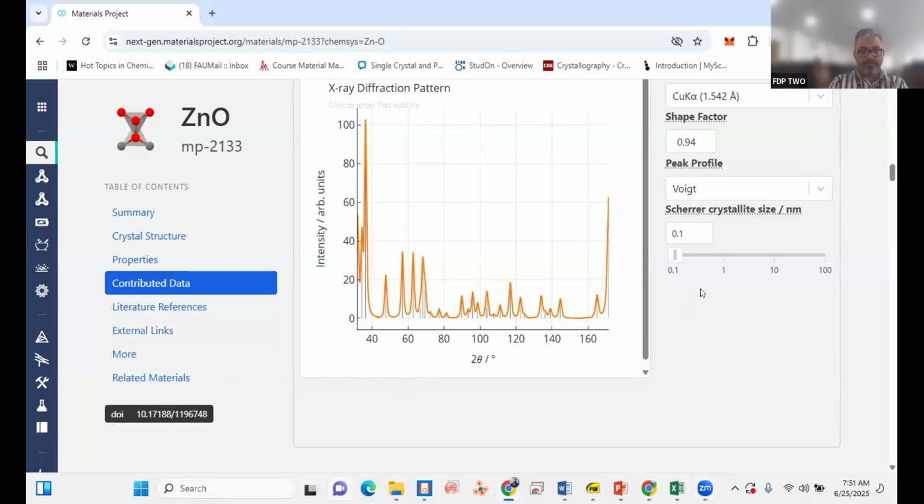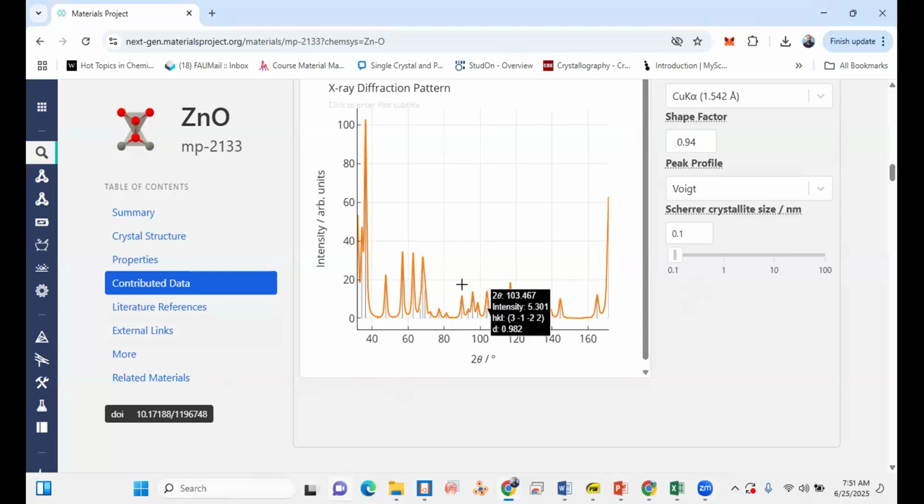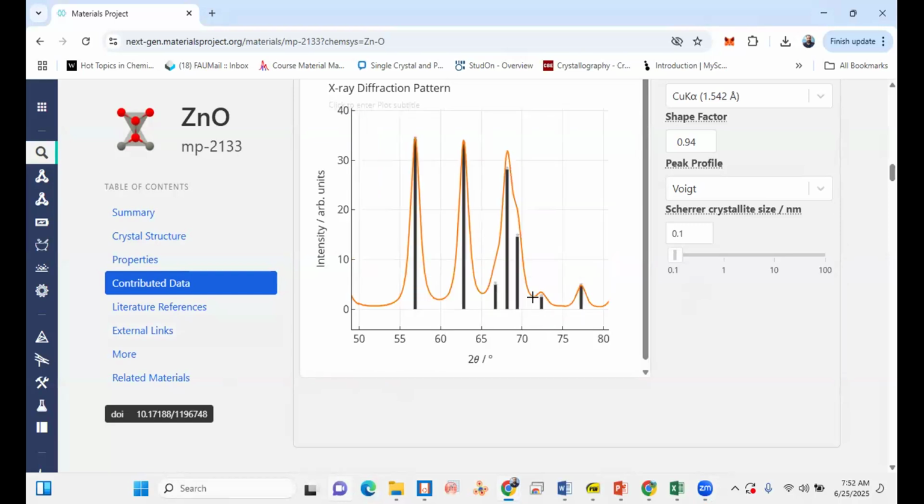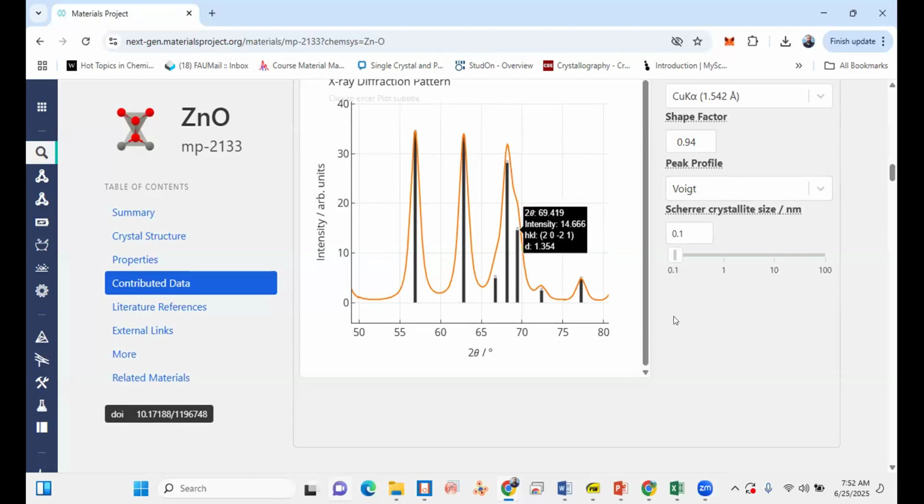Okay. So actually, what you can do is zoom in on this space, and you can see it shows the peak information, the HKL value for each peak, and two theta values, etc. So basically, you have to take care of all these things.